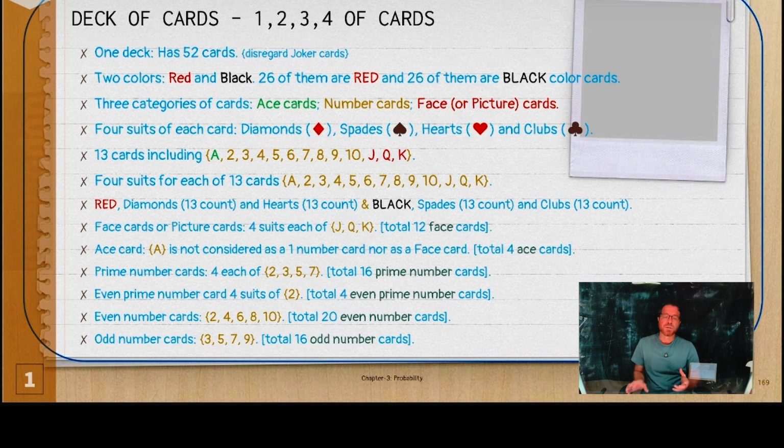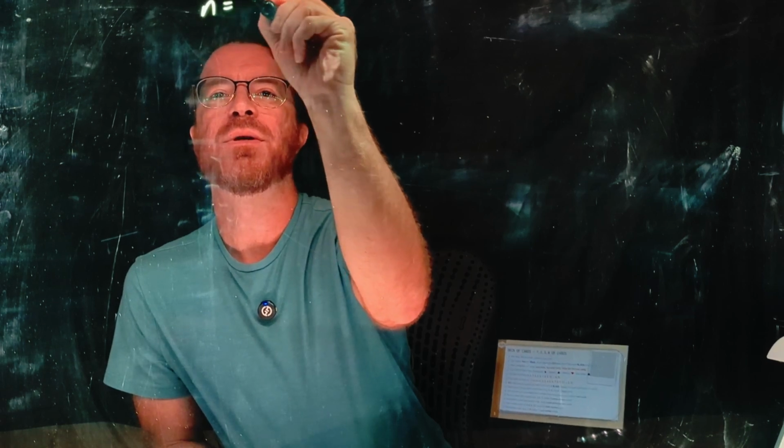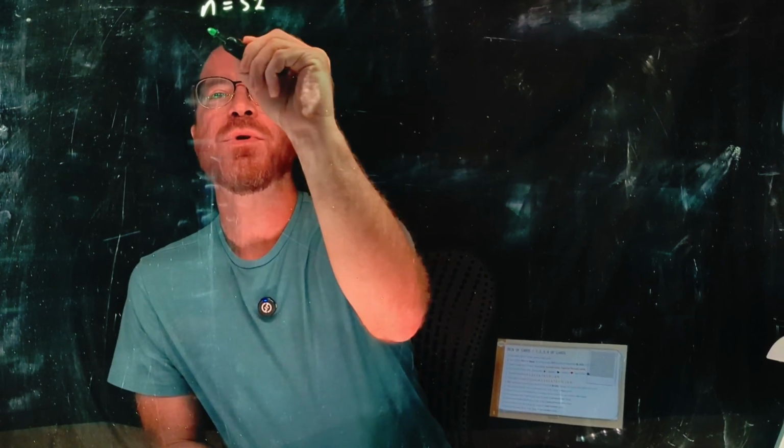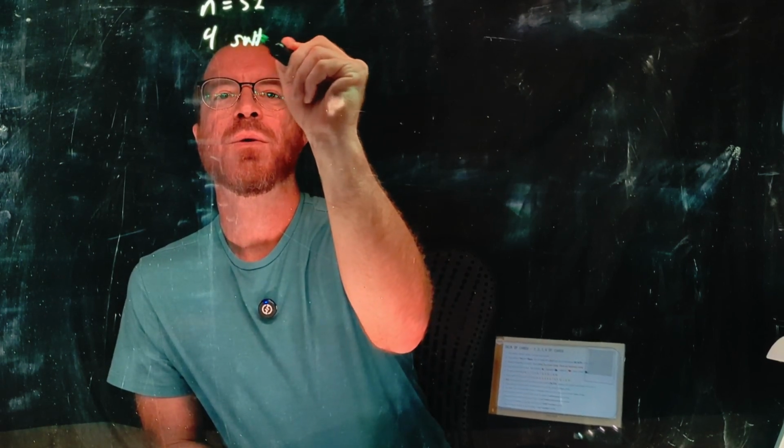Now let's talk about cards. When doing probability, a lot of times we're going to be doing games or talking about things like dice, coin flips, and a deck of cards. In order to do this, you are going to need to understand what's in a deck of cards. The first thing is that a deck of cards has a total of 52 cards. There are 4 suits, which are